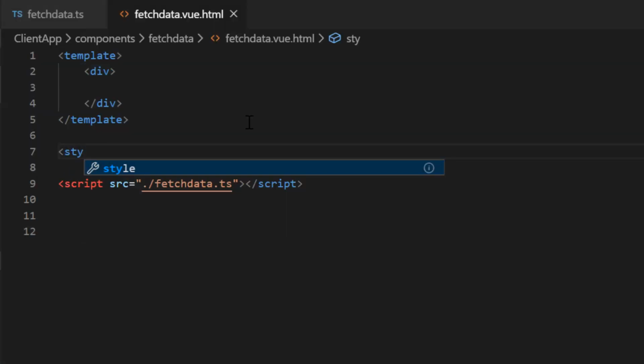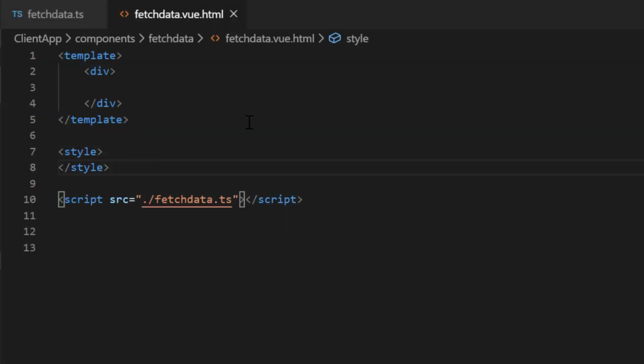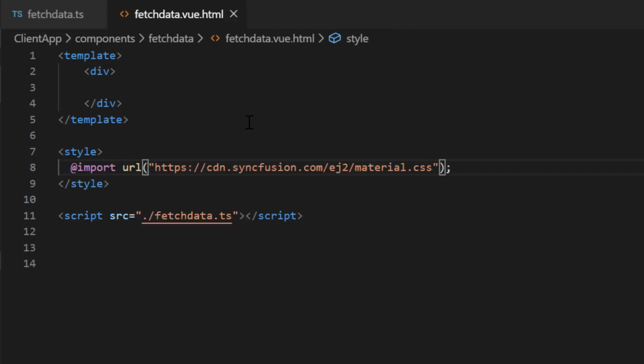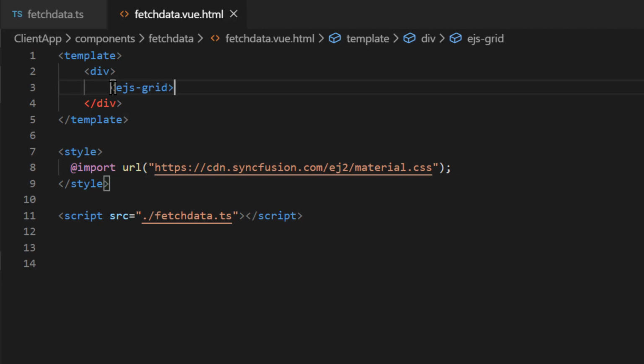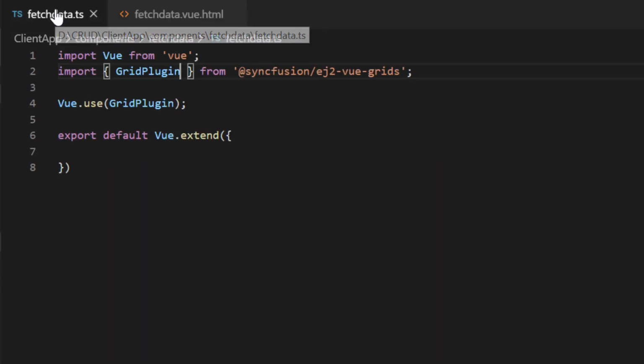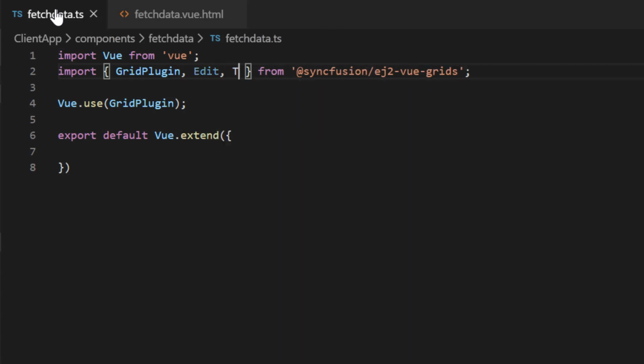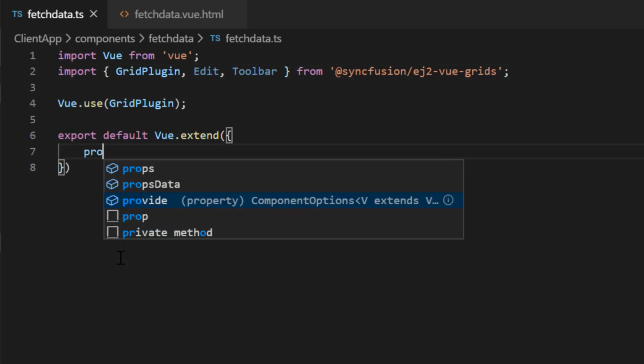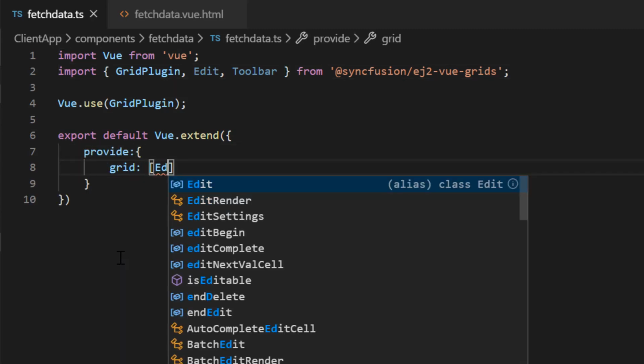Under the style section, I will import the CDN link for the CSS reference. Then type the grid plugin. Since I'm going to work on editing, I will import the edit and toolbar modules from the Syncfusion Vue grids package and add these modules in the grid array inside the provide object,